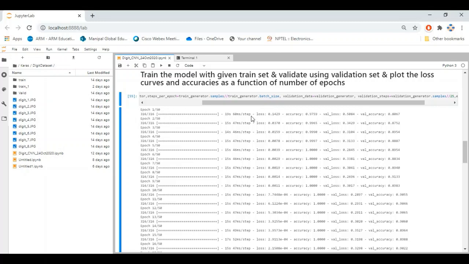What you can see here is the training loss, initially a little higher, and this is the training accuracy. The accuracy will be low in the beginning, but later on you can see that the accuracy improves. This is the validation loss and validation accuracy.